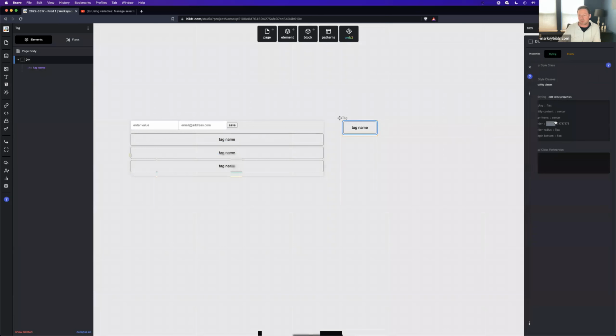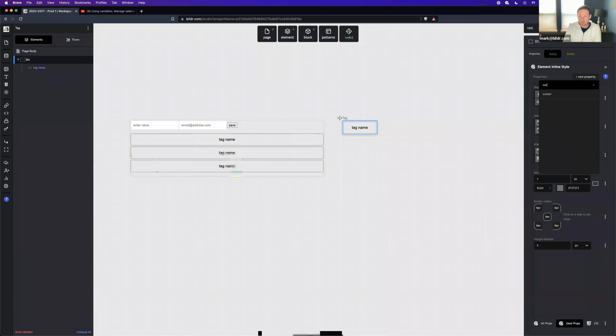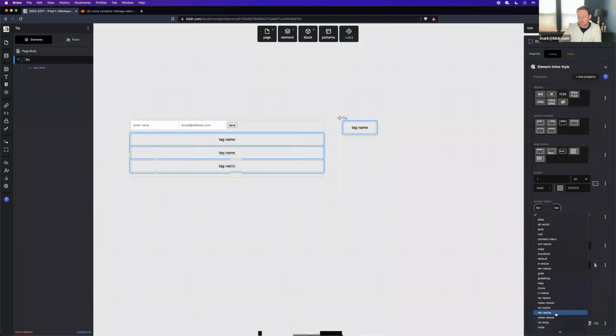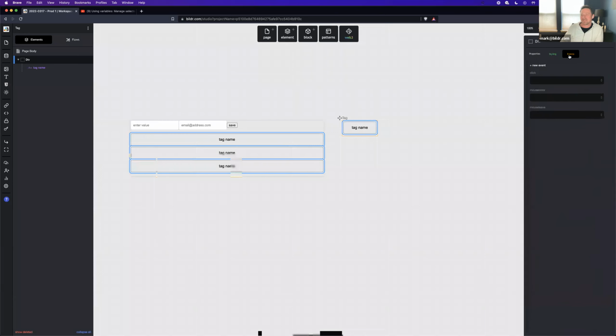Let me put a cursor pointer on here. Pointer. It just bugs me if I know I'm going to click on that and I don't see it going on there. So on click now, we need to basically add this tag